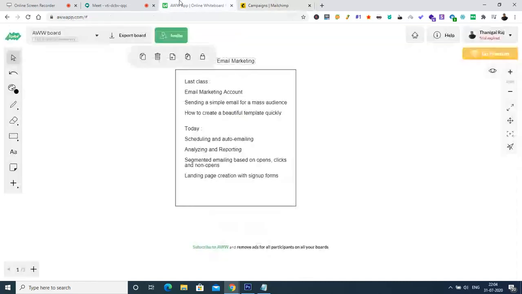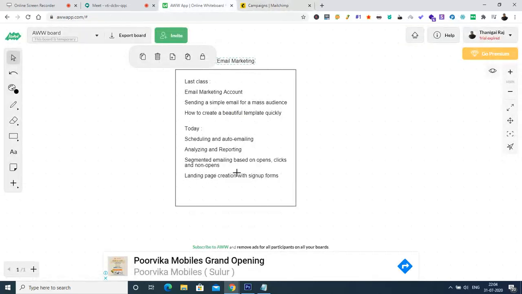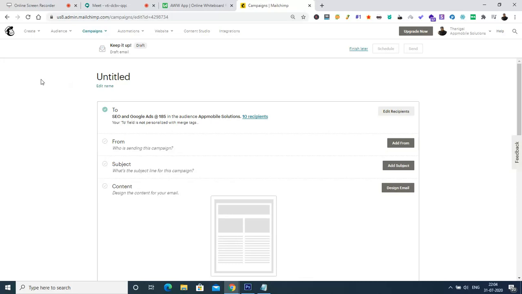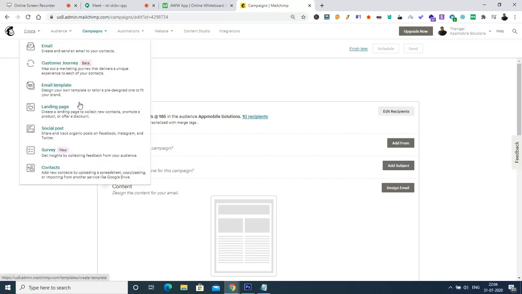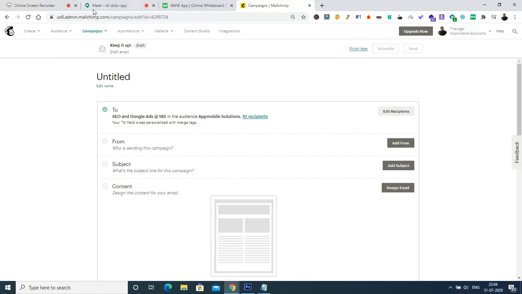Okay, awesome. And then what we have is landing page creation. A landing page is something like a website page, a page that we have inside an already existing website. For example, instead of creating a landing page, let me show you the landing page which I had already created, and that landing page will be available here.